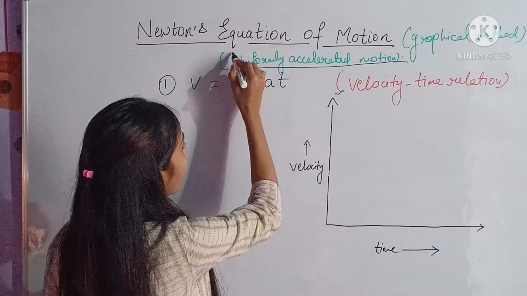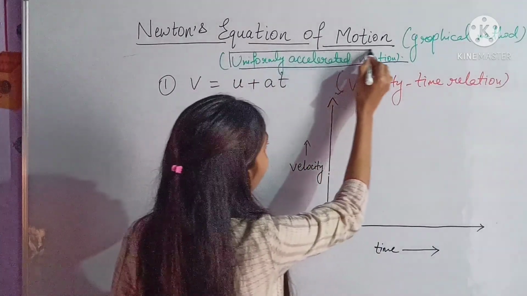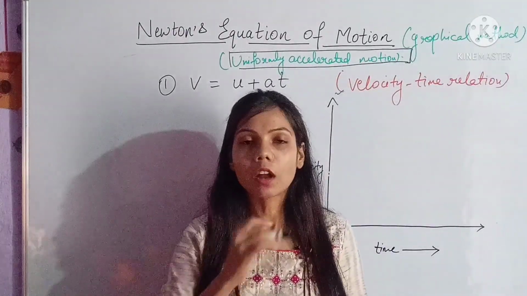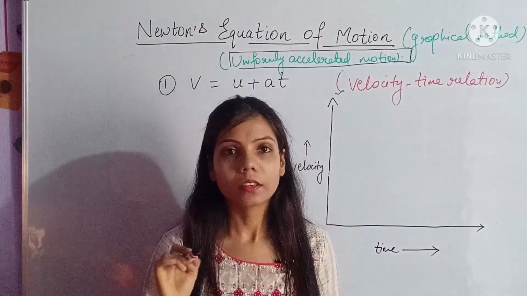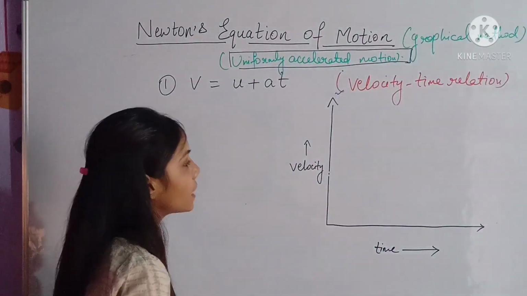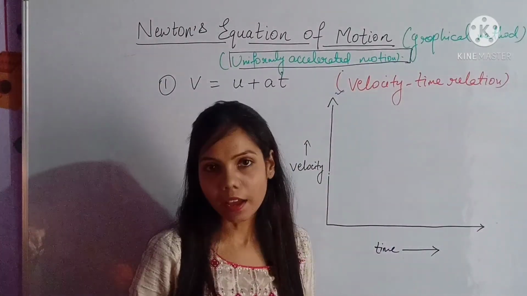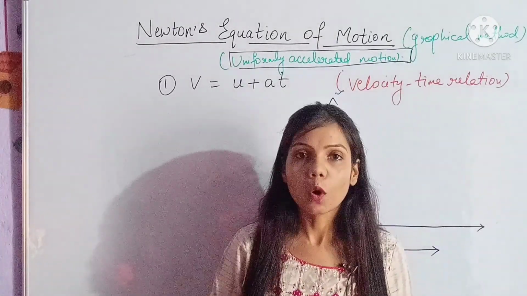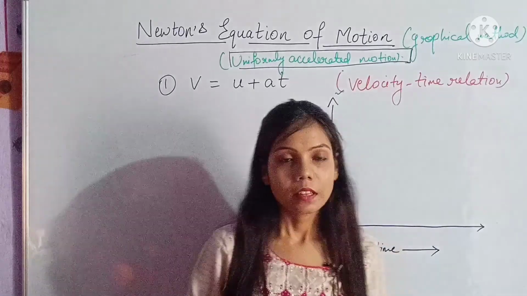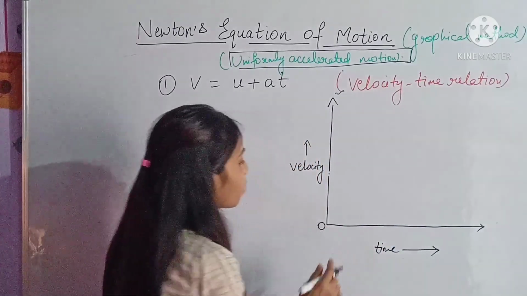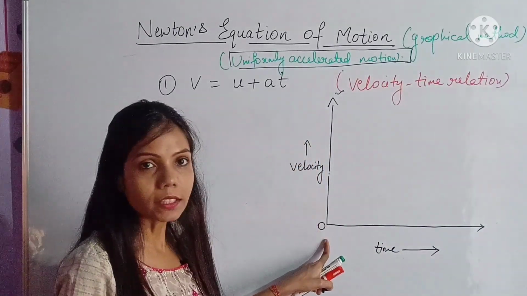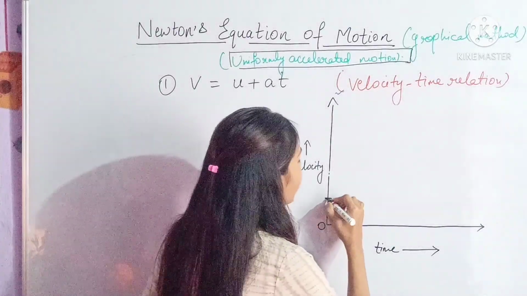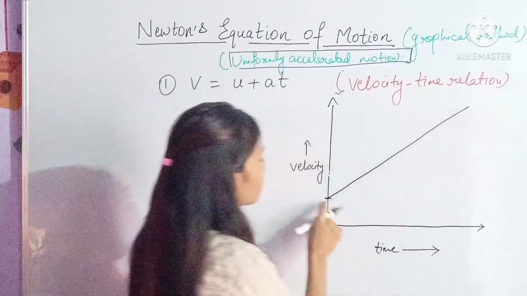Also we have uniform acceleration. Since it is uniformly accelerated motion, remember for uniform acceleration we always have a straight line. So the nature of the graph in this case also will be a straight line. Also, we will not take the slope starting from the origin, that is, from this point we will not take the slope. Why so? I'll reveal afterward. We will take the line from this point.